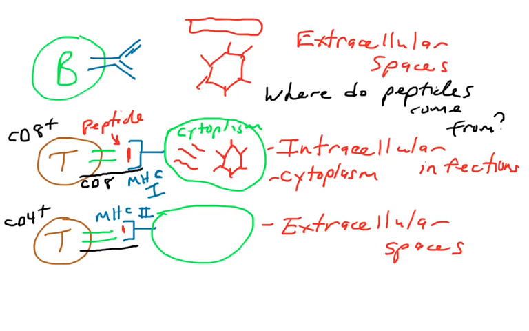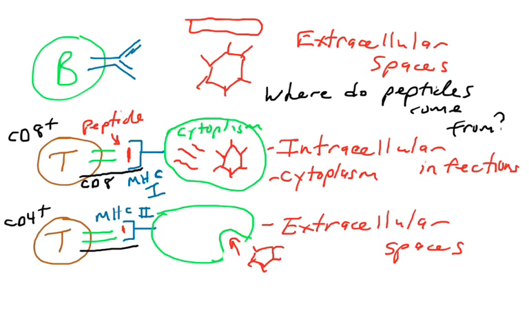And this is going to allow CD4 positive helper T cells to look at peptides that came from the extracellular spaces. Well, what comes from the extracellular spaces? Sure, it could be viruses. But these are not things that are in the cytoplasm of the cell. These are pathogens that are taken in via phagocytosis or receptor-mediated endocytosis. So, for example, if a cell, like a dendritic cell or a macrophage, phagocytoses a complement-covered or antibody-covered